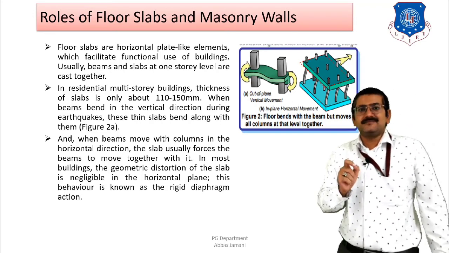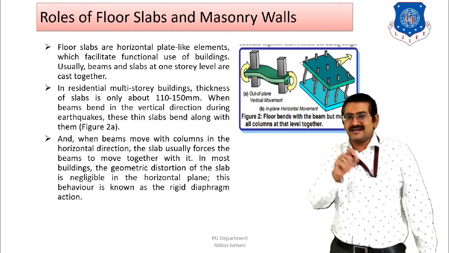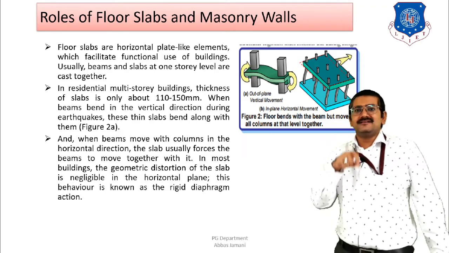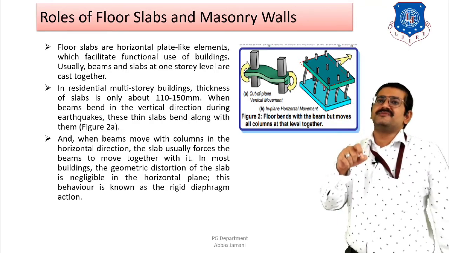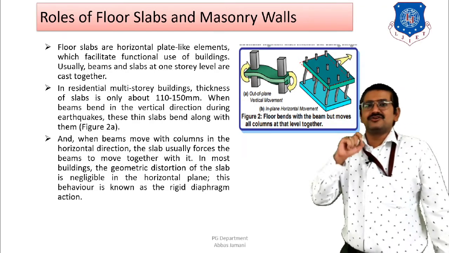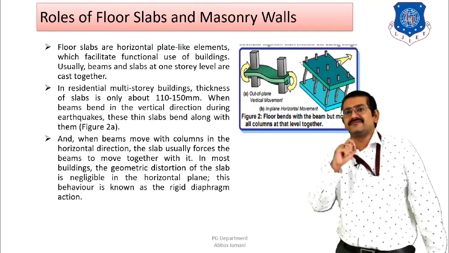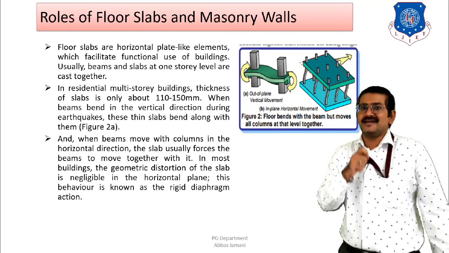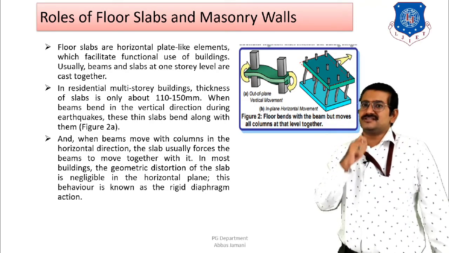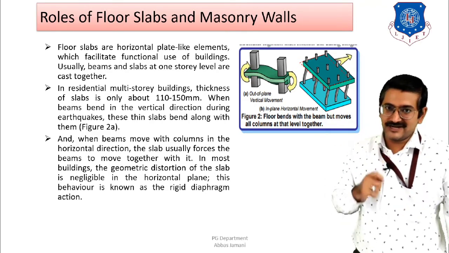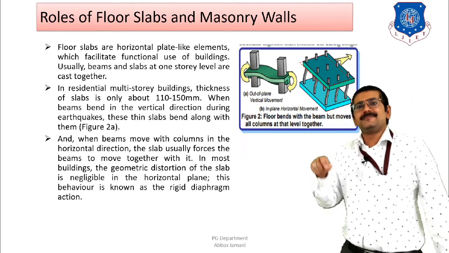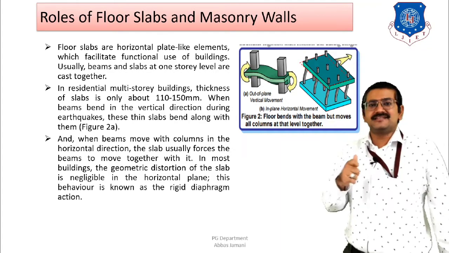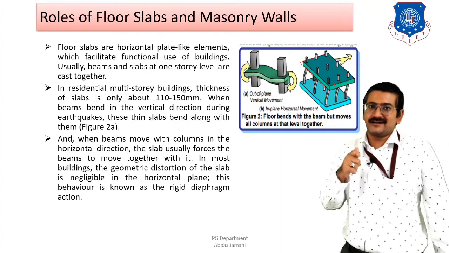Now this in-plane stiffness is going to be more if the entire slab is a solid slab. But if you have a central cutout, then the in-plane stiffness of the slab is going to be greatly reduced. And if it is greatly reduced, then the effect of rigid diaphragm is going to be less. As a result of that, there is a chance that uneven distribution of lateral forces is also likely to take place. Right? So solid slab and in-plane stiffness of slab, solid slab and rigid diaphragm action are greatly connected to each other.